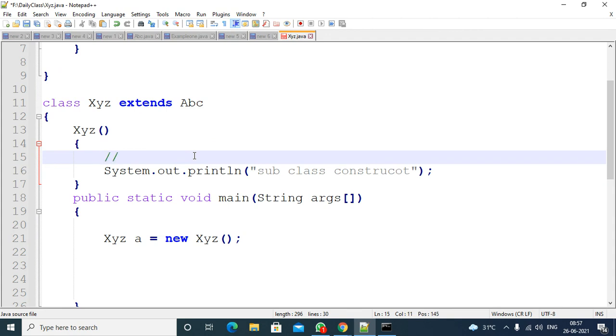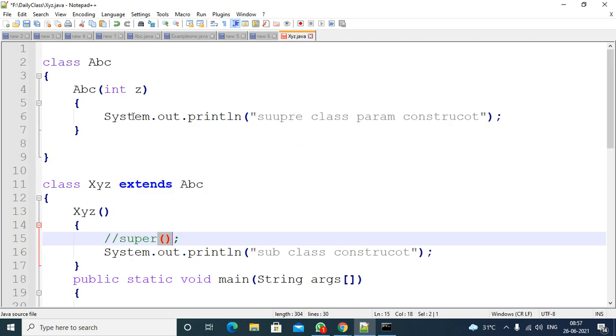So super is added. The super keyword call will be there, so the superclass must have a default constructor. Now the compiler will add super like this. In the parent class, a default constructor is not there, but you are trying to call the default constructor.